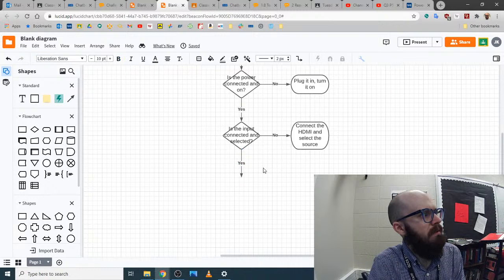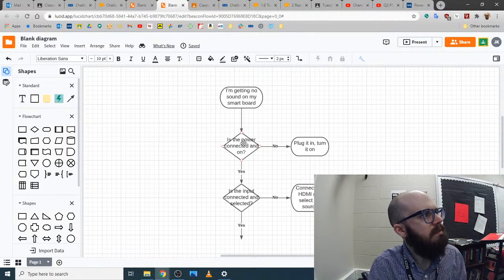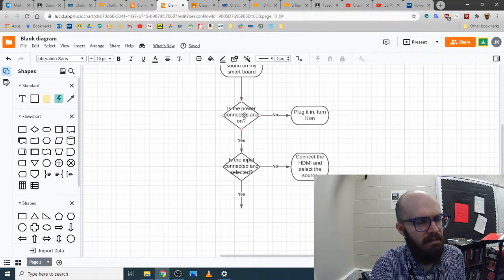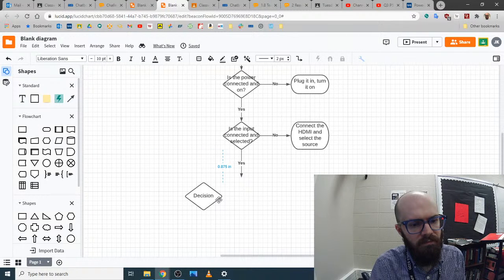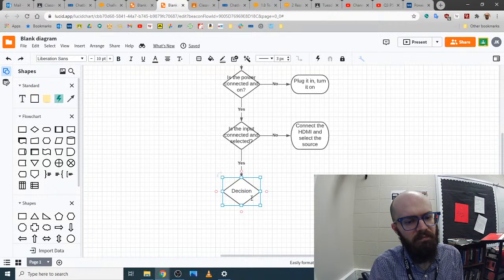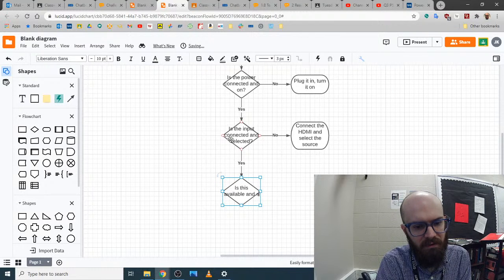maybe I'm talking to somebody who already did that stuff before they got to me. You know, they're not completely afraid of messing with the board, and they obviously check the power and check to make sure it's connected. So then we might get to like the actual computer stuff. We might say, is this available and selected in Windows as the